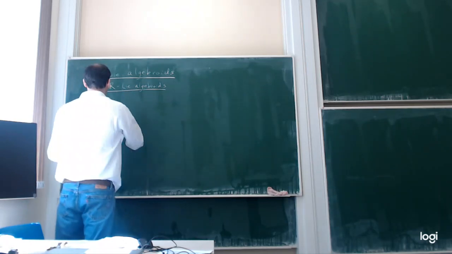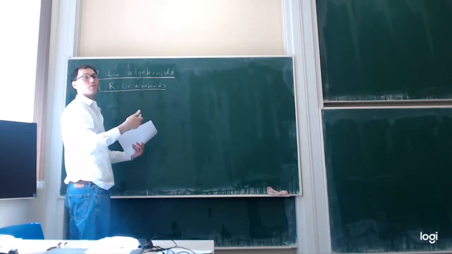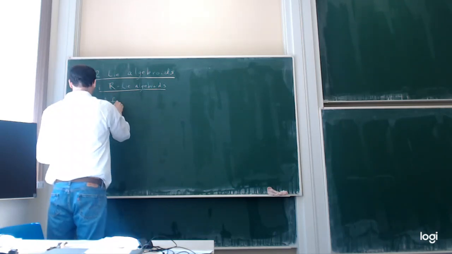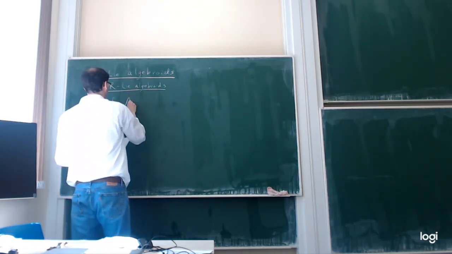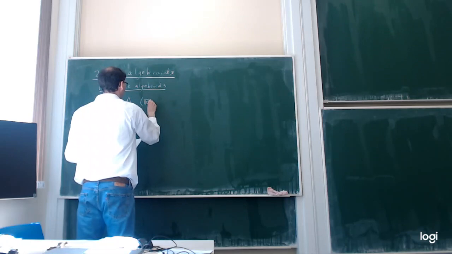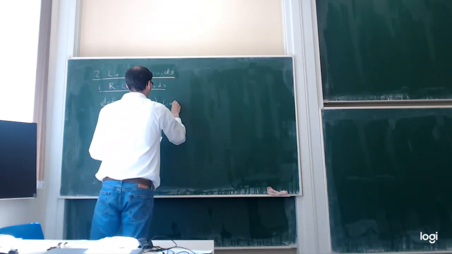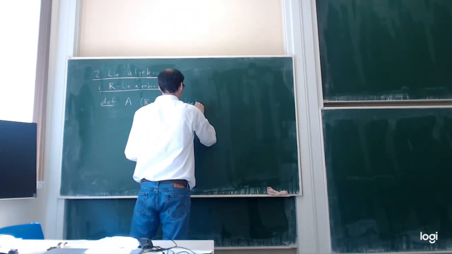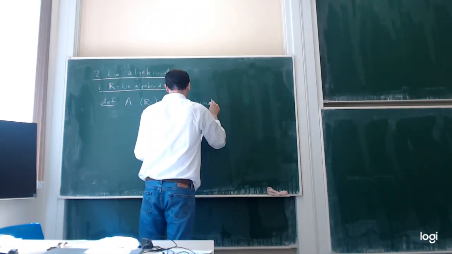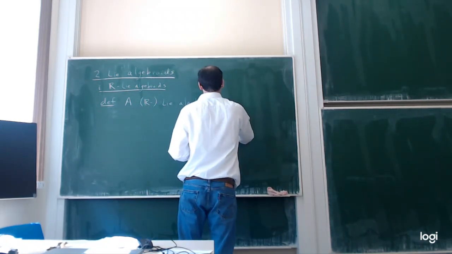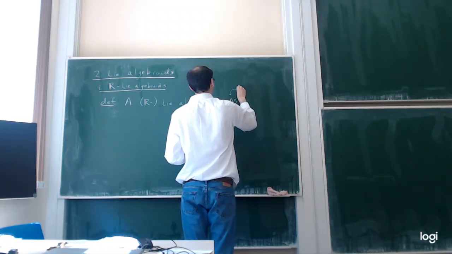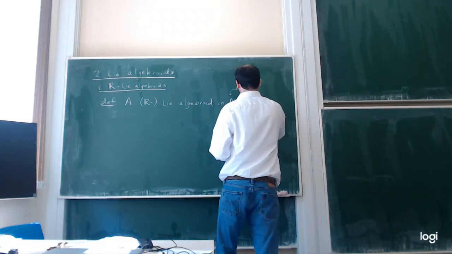Okay. So definition. We'll just start with the definition and give a whole bunch of examples. A real Lie algebroid on M, so M is a manifold, smooth manifold, consists of